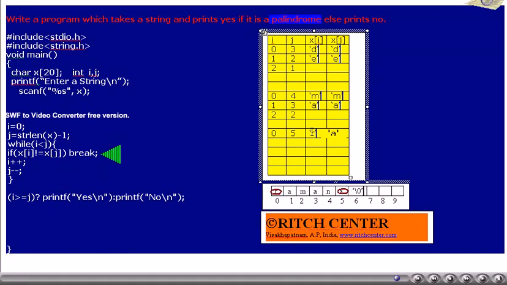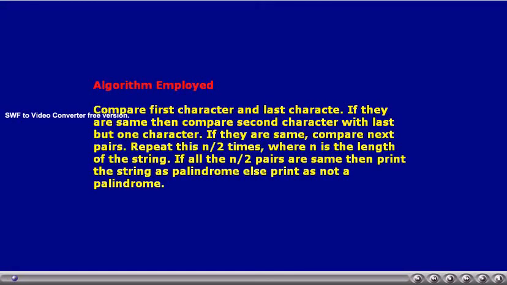That is, we have compared one pair itself, it itself is not same. Thus, we can outrightly say it is not a palindrome. We need not require to compare any more pairs of the string. We can now itself say it is not a palindrome. In order to